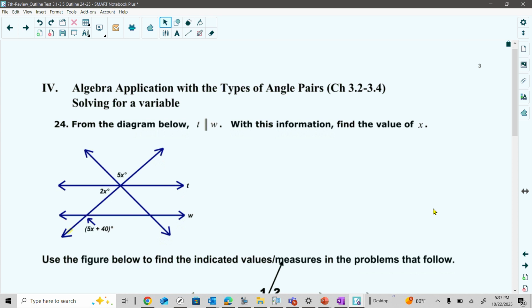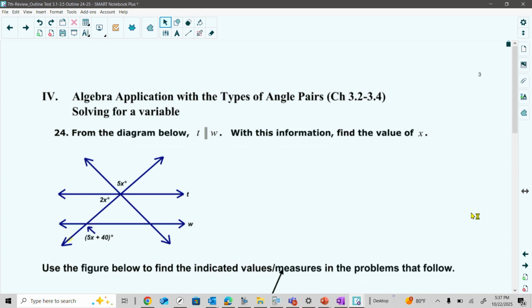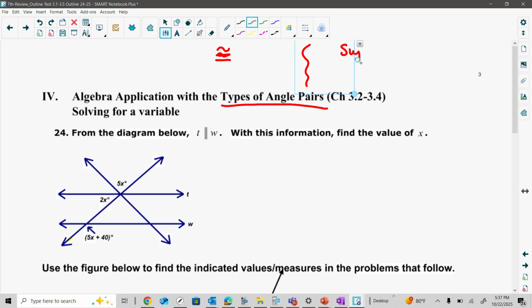All right, so let's get into sections 4 and 5 here. This is just algebra application of our types of angles formed by parallel lines and a transversal. We have two criteria. We have congruent, and then we have what we call supplementary, which add up to equal 180. The ones that are congruent are your alternate interior,